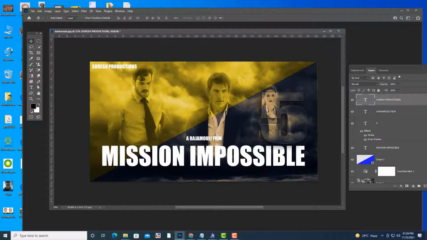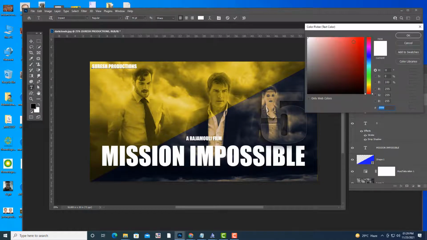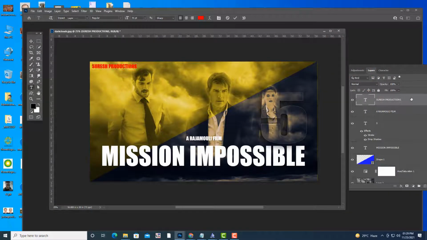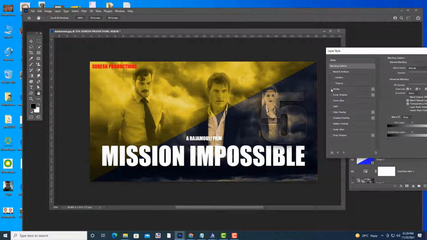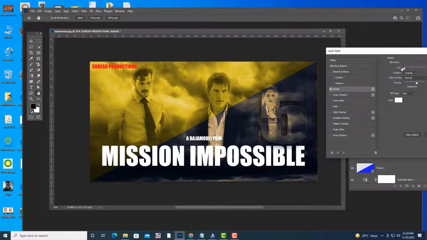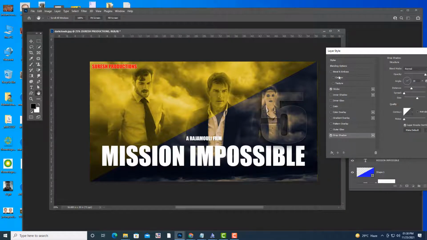So something like this, and then you can give some nice stroke, pure white color stroke, and a drop shadow.